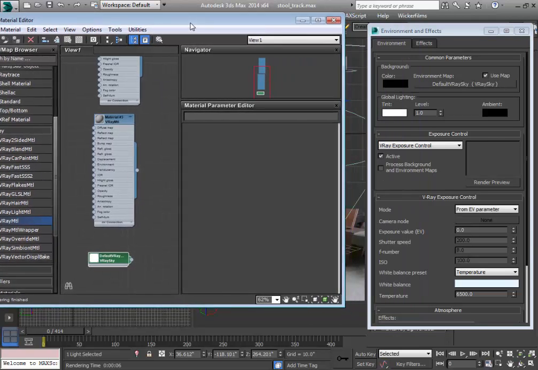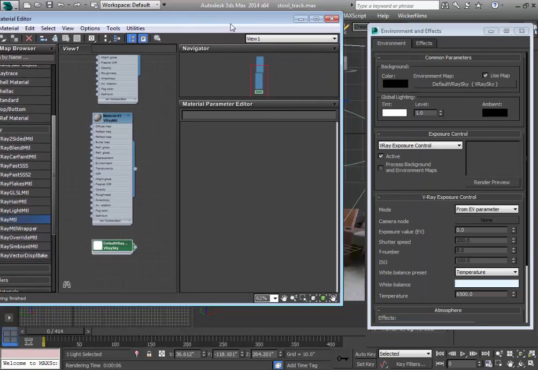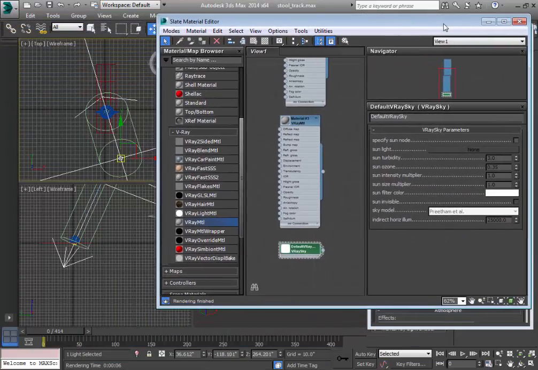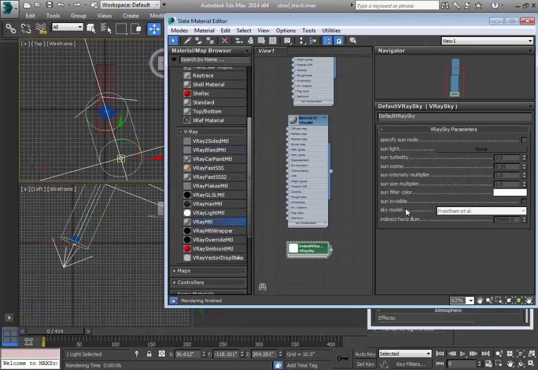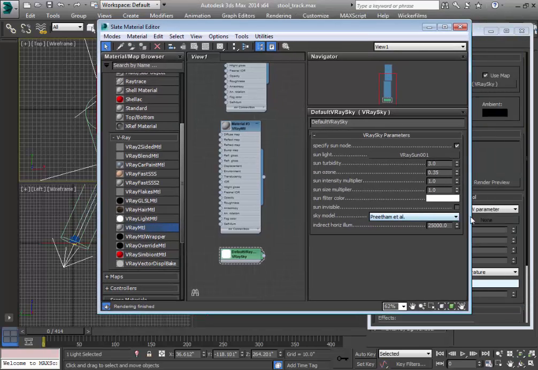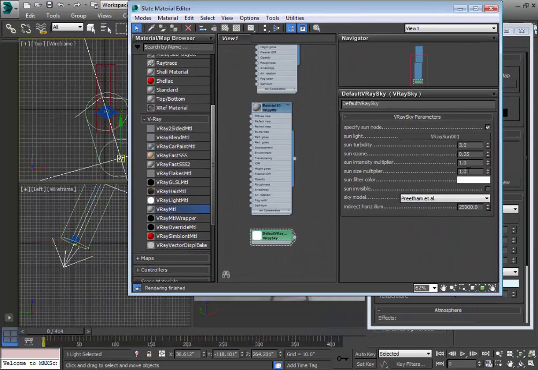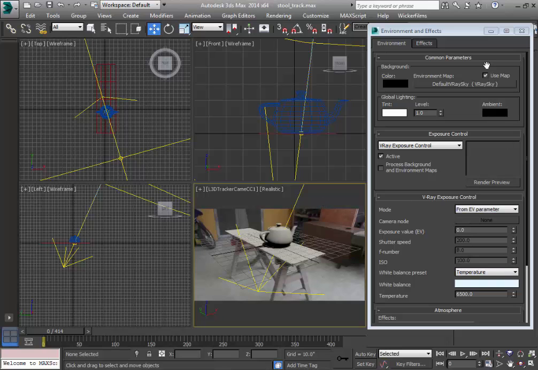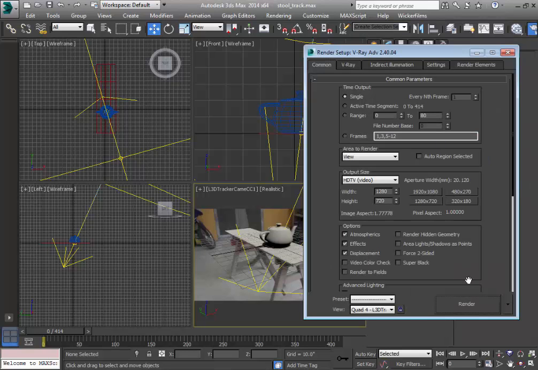Click in instance, drag it, drop it, and then double click it. And now let's just move this so we can see the sun on our left. What we can do is click this, specify the sun, so click none and click the sun. Now we have the V-Ray sun 001 here. Also, if we have it set to overcast, let's set it to overcast here too. Now if we click here and hit render, by the way,